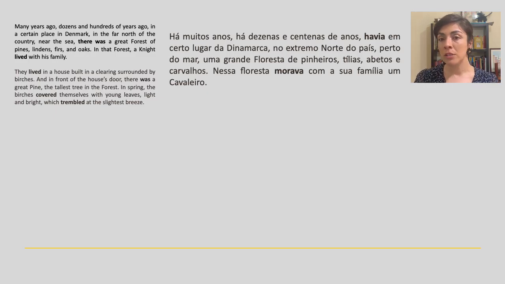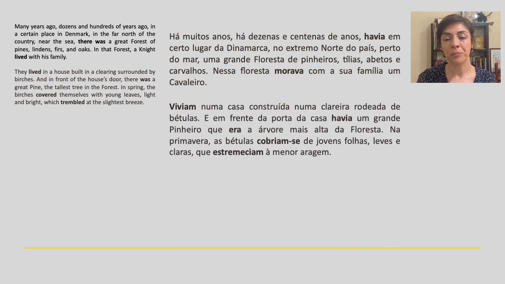Now, there was one little detail I forgot to mention before, which is, in the original, you may find certain expressions that are a little bit different from the translation or even the word order. But this is perfectly normal because a translation is not always, or should not always, be literal. So bear that in mind.